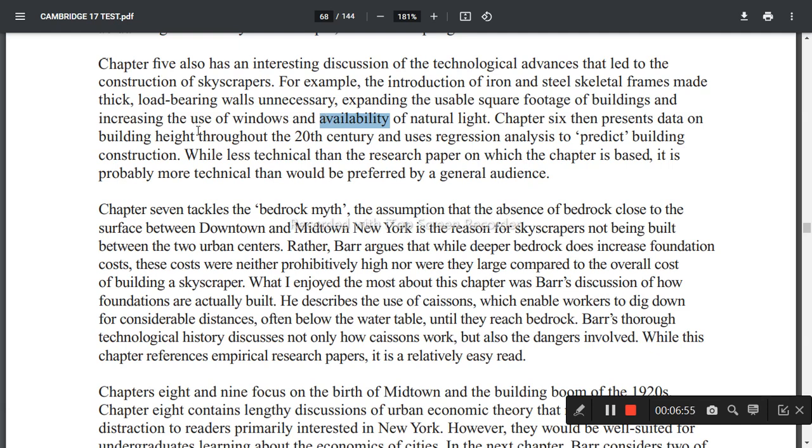Chapter 6 then presents data on building height through the 20th century and uses regression analysis to predict building construction. While less technical than the research paper on which the chapter is based, it is probably more technical than would be preferred by a general audience. Chapter 7 tackles